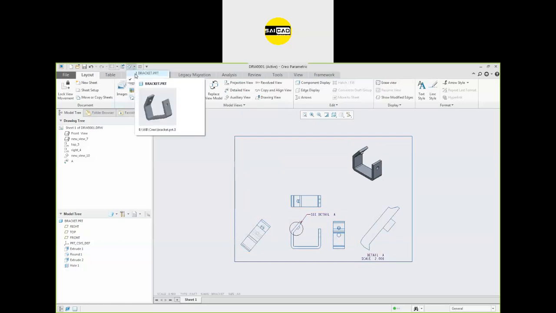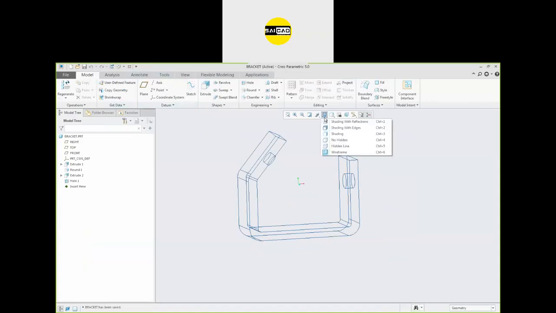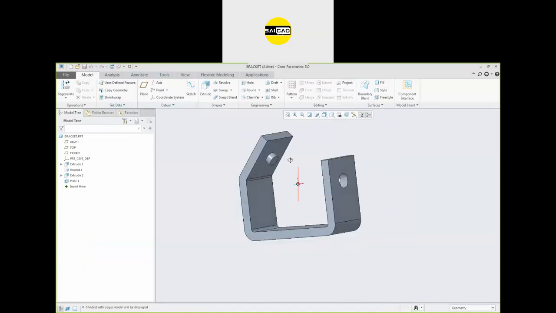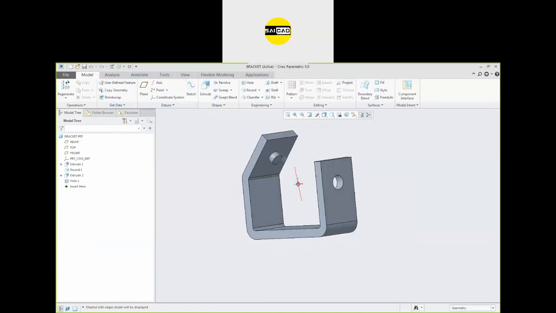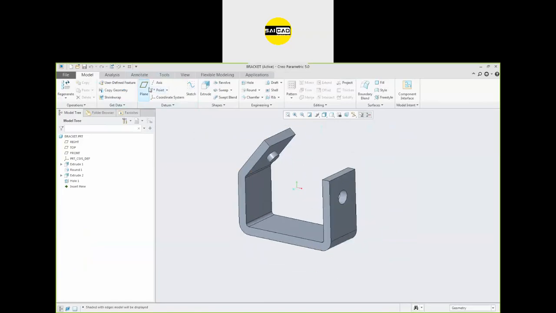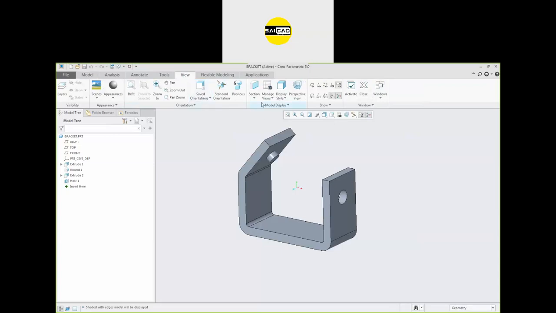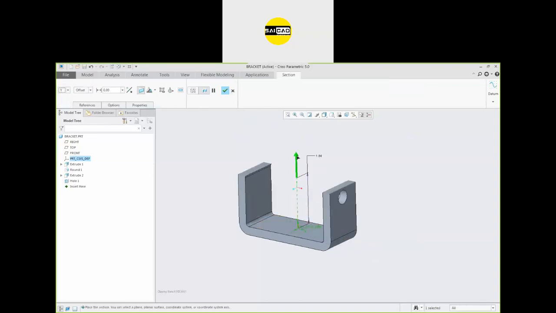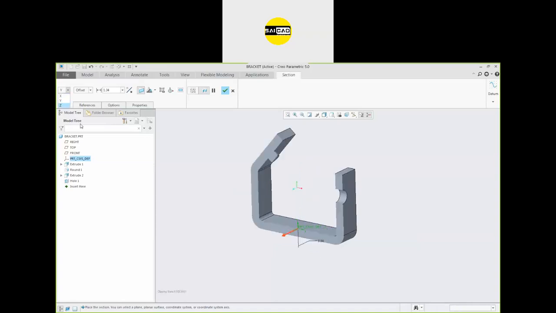So to do that, just go to the file. Okay, and right here I want to create a section. So I have shown you how to create the section. Go to the view. We have a section option here. We have the planar section. Like I can select the X direction. Okay. After that, I can select the Y direction. Okay. And we have the Z direction also.